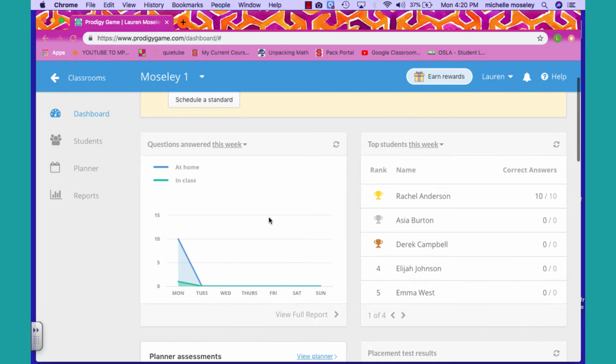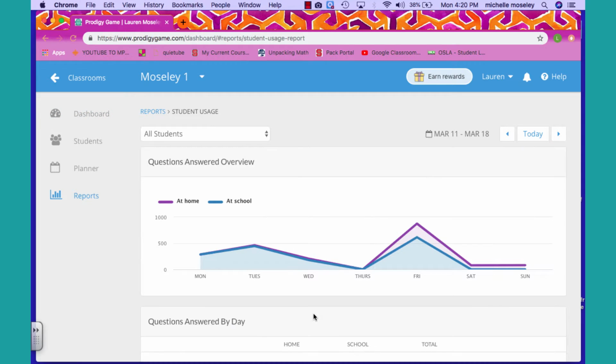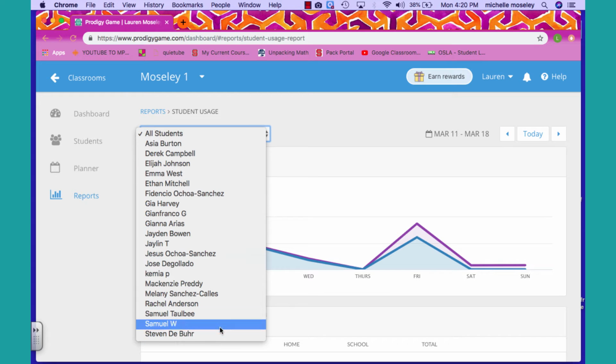And if we start in the first box, it says questions answered this week. You do have the option to choose this week or last week. And if we click on last week, you are able to see exactly who got in, accessed Prodigy at home or in class, as well as on what days. You also have the option to click Full Report, as well as choose the students who you would like to